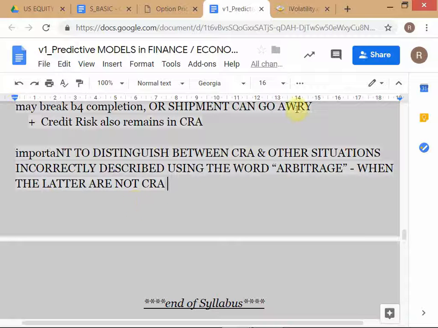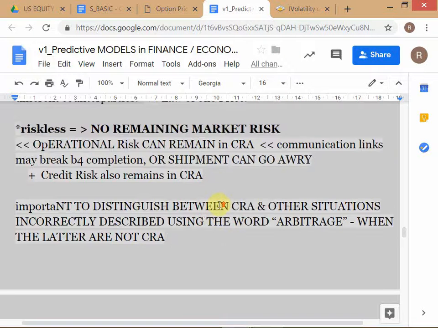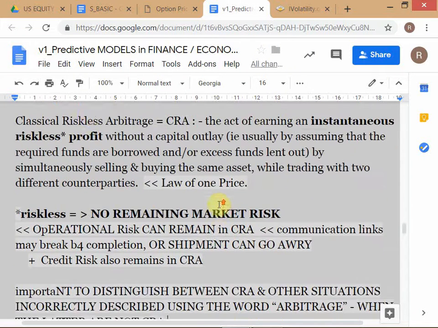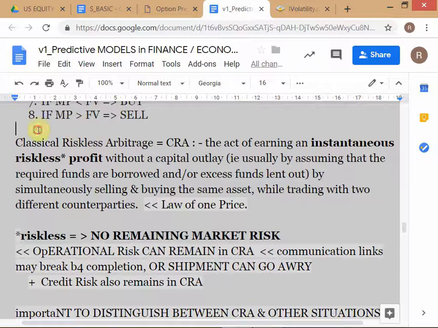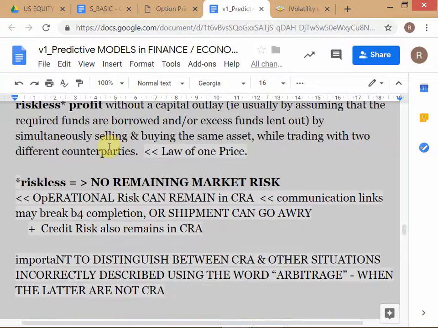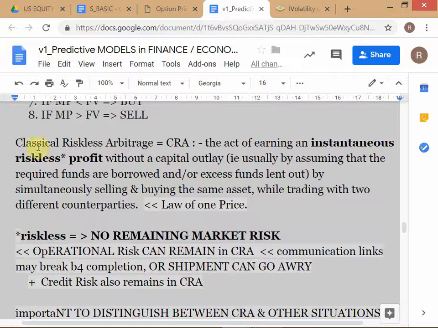The reason we have created this concept is that it actually exists in the market. If you say classical riskless arbitrage and you explain what you mean, people will understand. But there is a tendency in the industry to use the word arbitrage very loosely. People are not very careful. They use the word arbitrage loosely, and so they apply it to situations which are actually not arbitrage. Which is why it's important to define something called classical. The reason I'm using the word classical is that it's the old concept of arbitrage, which is that there must be a locking in of a riskless profit.